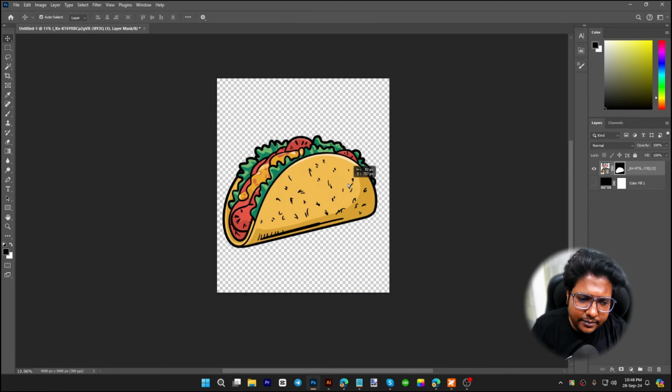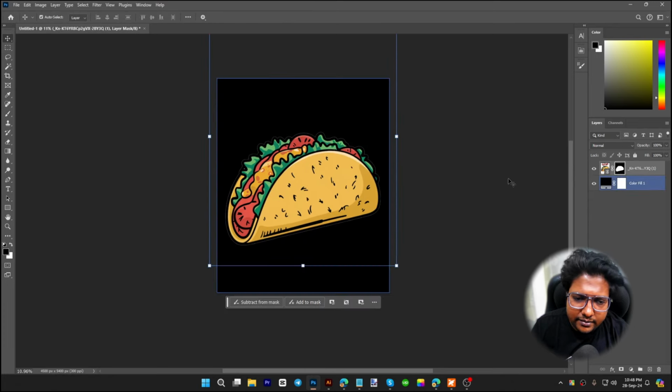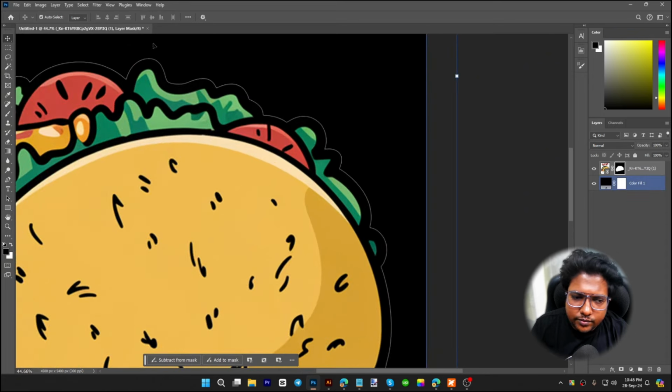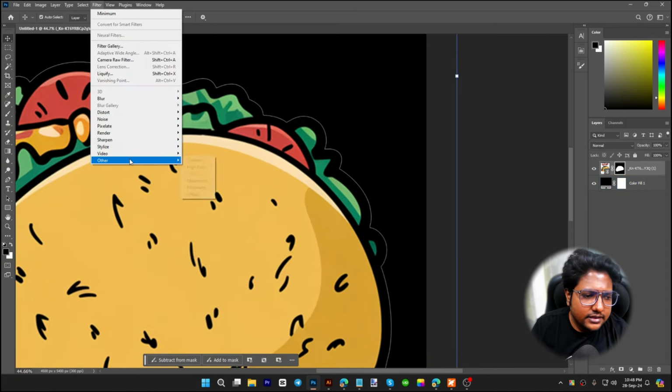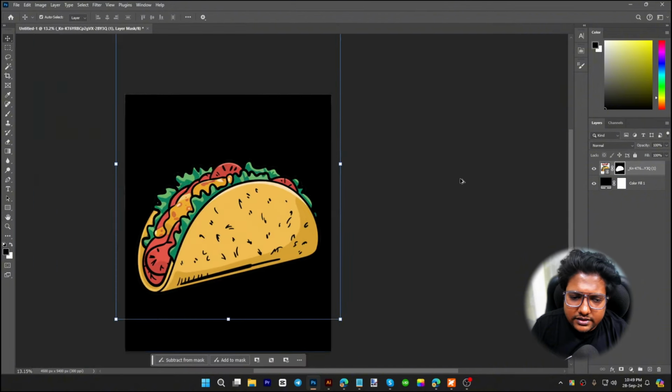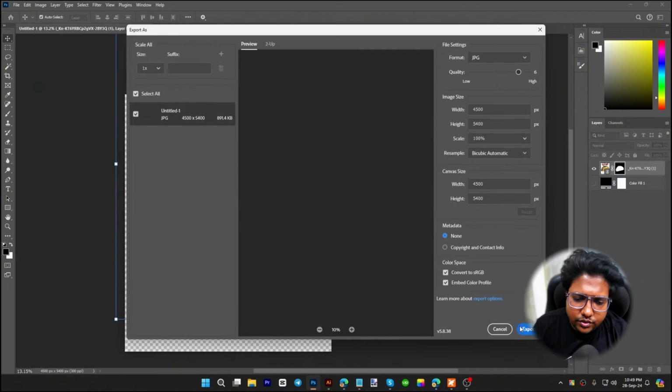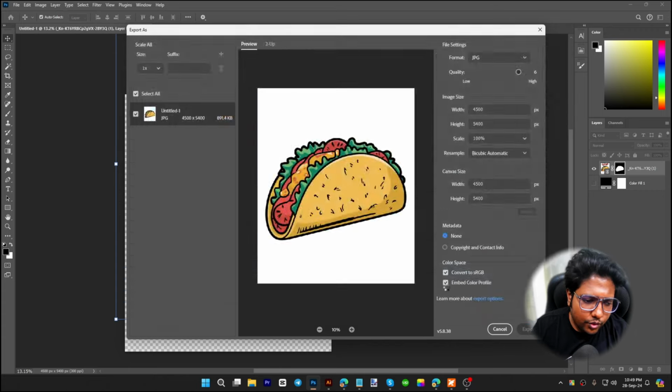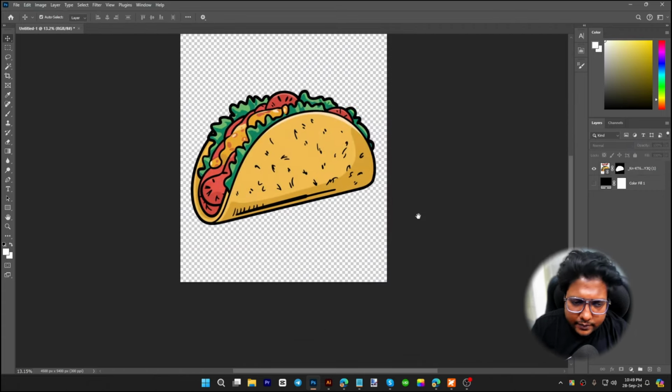Now I have this image, that is what I need, and then maybe I will just remove this part, this white edges, and then my design is going to be ready. So once it is fine, ready, I am going to export it again, and then I am going to name it 2. So as you can see, we have our images ready,